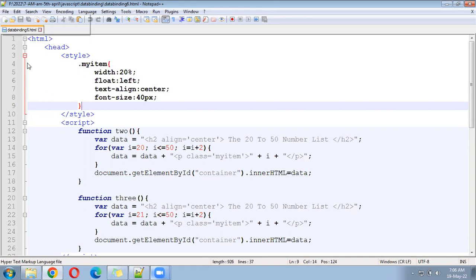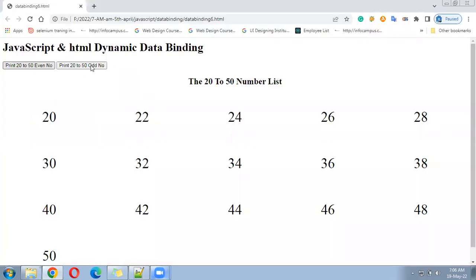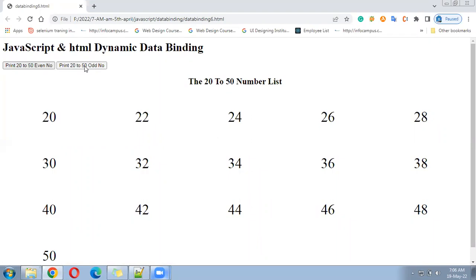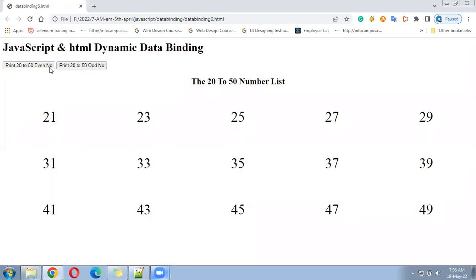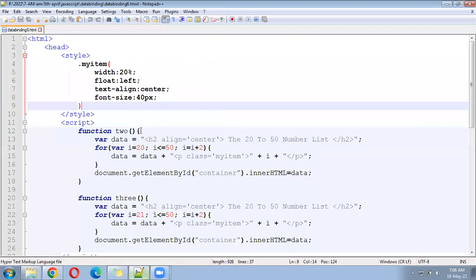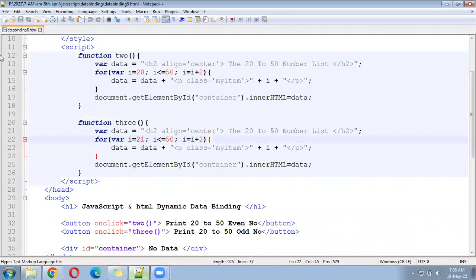It was something like this, running a loop and finding the even number, odd number, and binding with the browser. This is one we have created. Now we will not run the loop on 1 to 10, 1 to 20. We will run the loop for an array. We will store the data in an array and try to read from the array and display it inside the browser